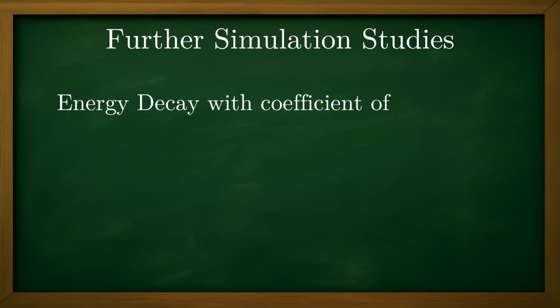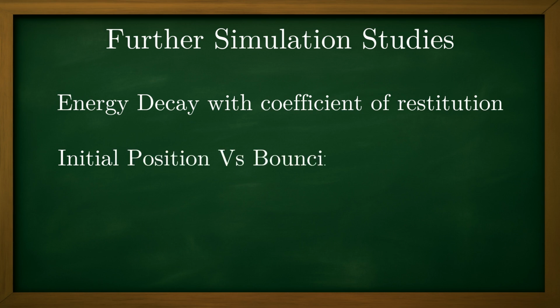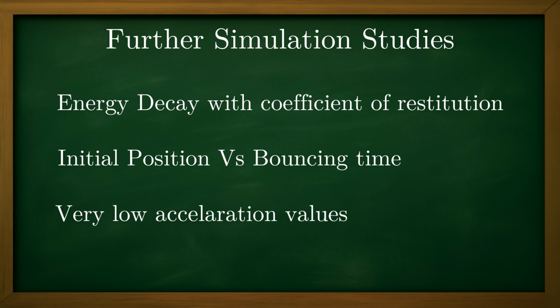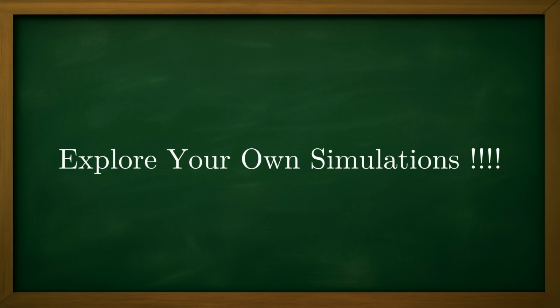So there are a lot of different studies that can be performed using these simulation models, like how fast does the energy decay occur with a change in coefficient of restitution? How does the initial position affect the time it takes for a ball to stop bouncing? What will happen when the acceleration is set to very small values, and so on and so on. I leave it to you to explore such possibilities after building your own code and understand more details about the motion with uniform acceleration. This concludes today's session on how a simple simulation of a bouncing ball can be created